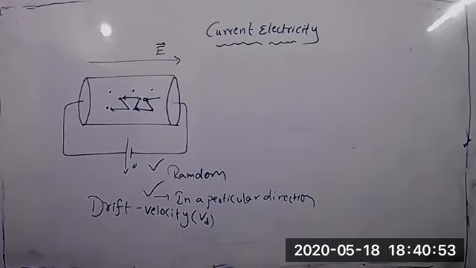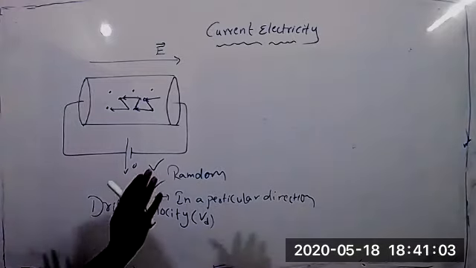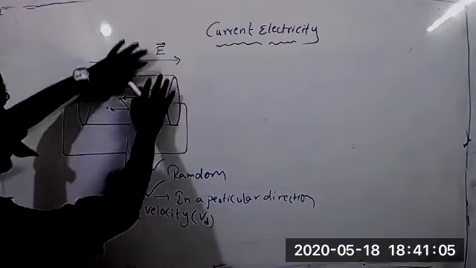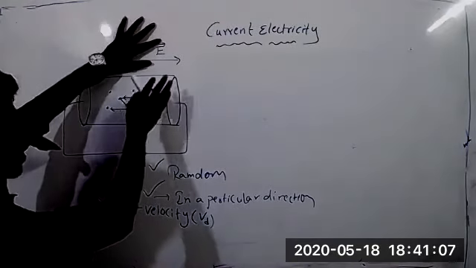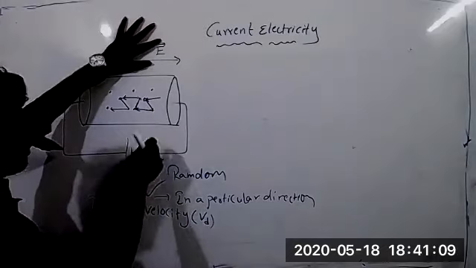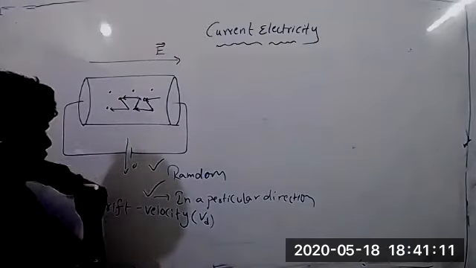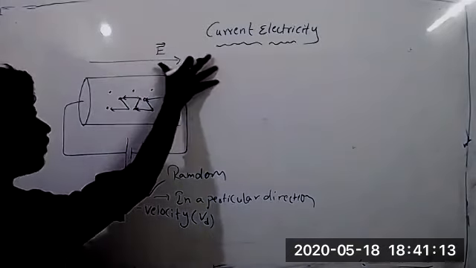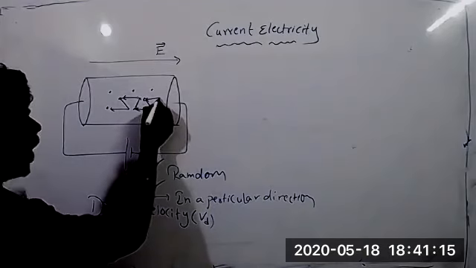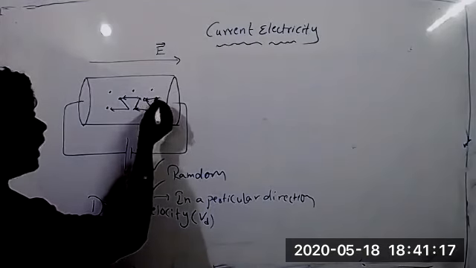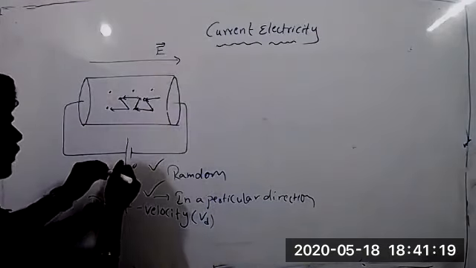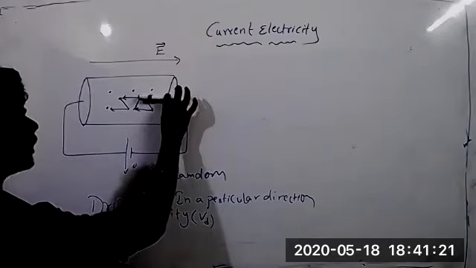Yes, one definition, I will repeat it. Please listen carefully, okay? See once, look at this, nothing is there. Now, simply, it is a conductor. Electrons are moving randomly. But when I apply a potential difference, an electric field will develop. So force will act on the electron opposite to the electric field. Now the electron is trying to move in this direction.